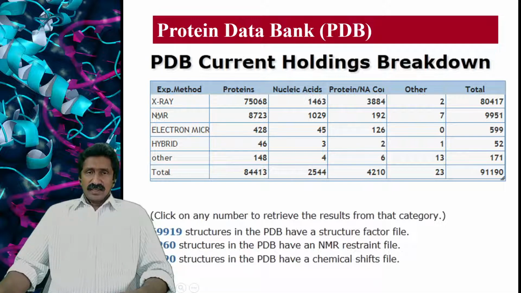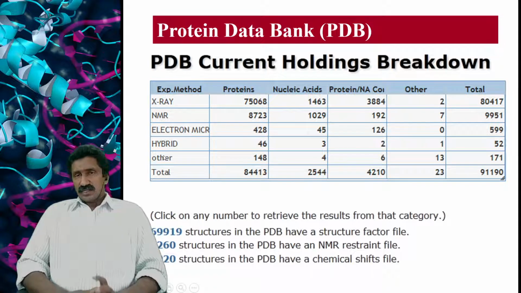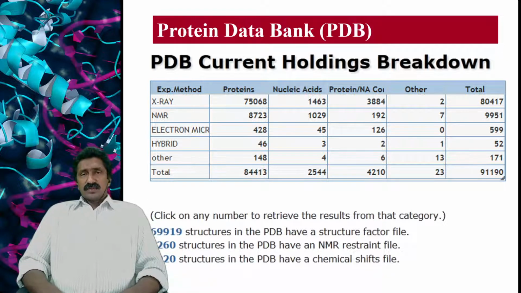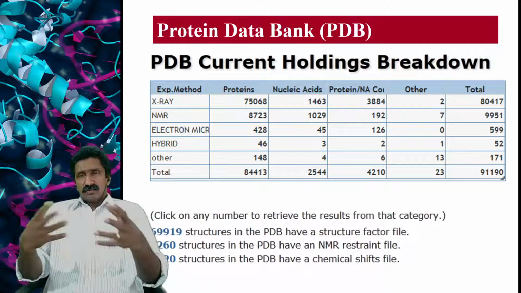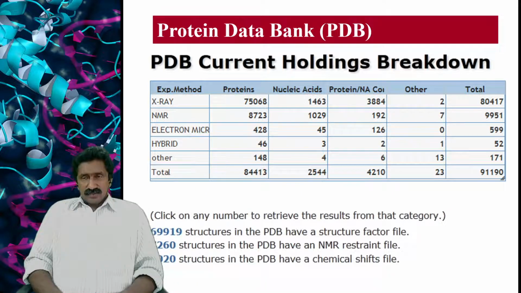80,470. NMR based structures are also there, that is less than 10,000. Then electron microscopy, then hybrid methods and other methods. So there are various methods for the actual determination of three-dimensional structures, and the prominent one is X-ray crystallography. Then comes NMR. Based on all these techniques, these are the number of structures that have been added